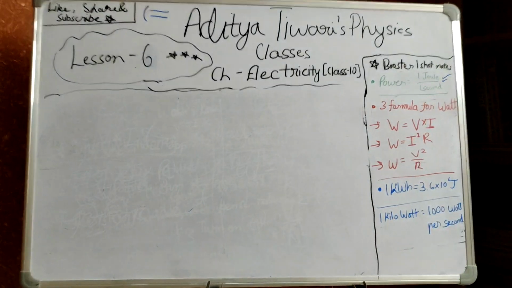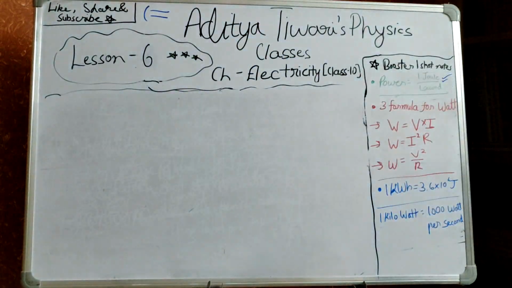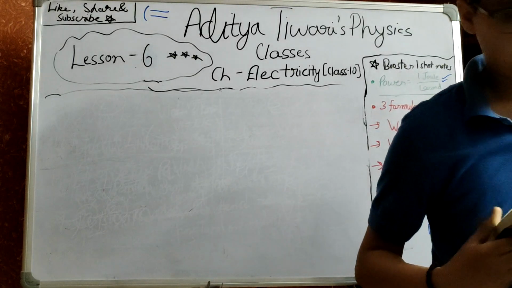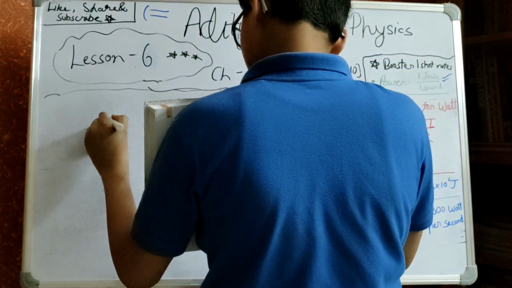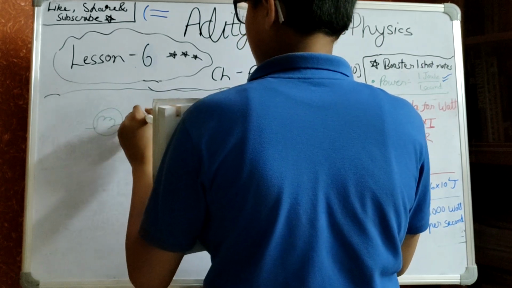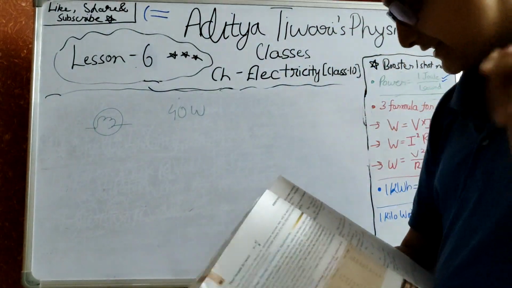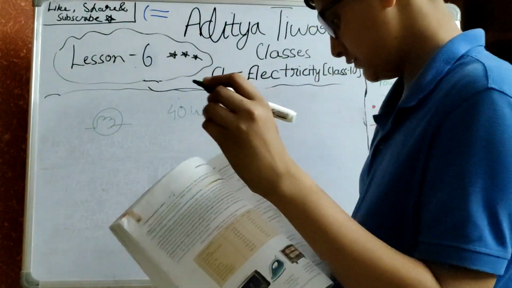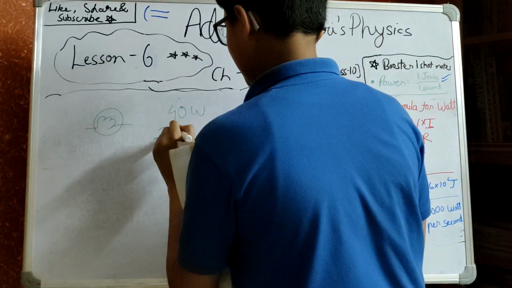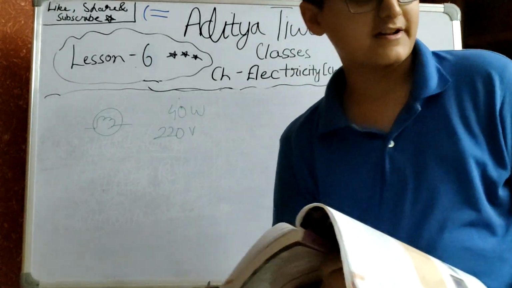Okay, just a second. The board is coming fine. Okay. So the sample problem is, I'll read it out for you. What will be the current drawn by an electric bulb of 40 watts? So there is a bulb and I'll write its stats. The mentionable things: electric bulb of 40 watts, and this is the main supply line, that means it's 220 volts. So, what will the current be?